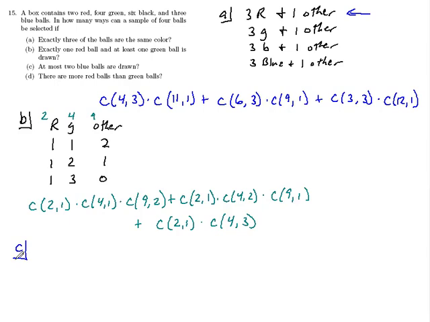Part C, at most 2 blue balls are drawn. At most means 2 or less. So if we look at this, what do we want for this problem? We want 2, 1, or 0. We don't want all 3 blue. So if we do this by total minus what we don't want,